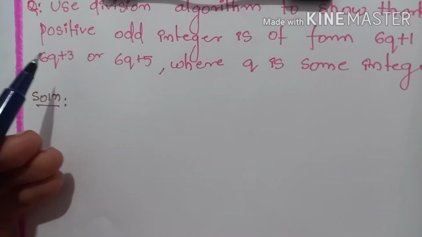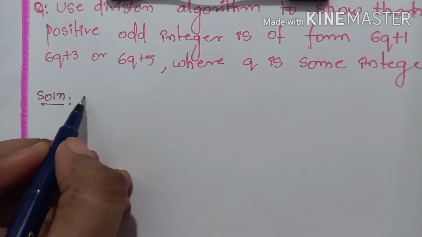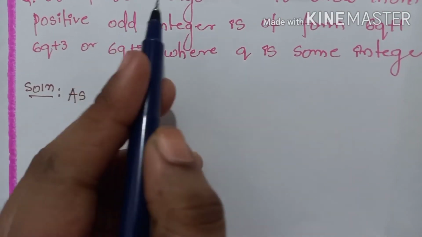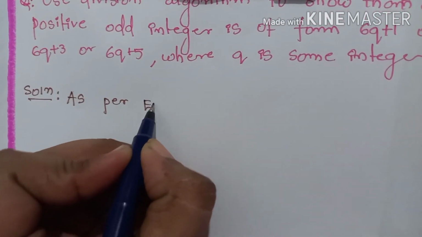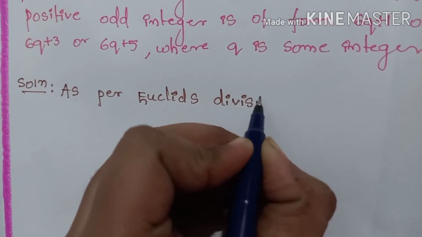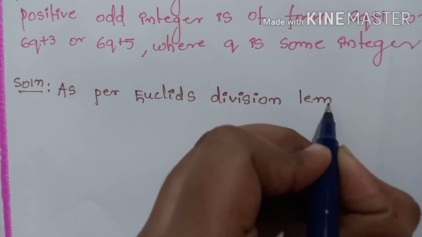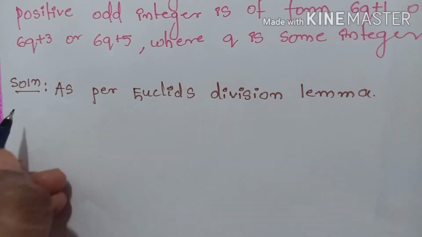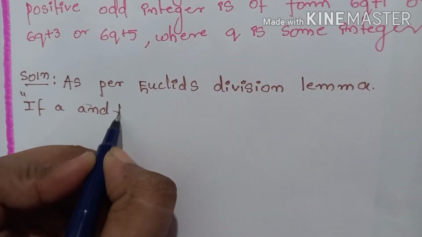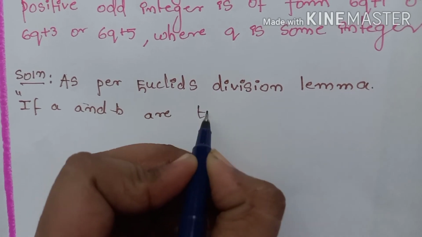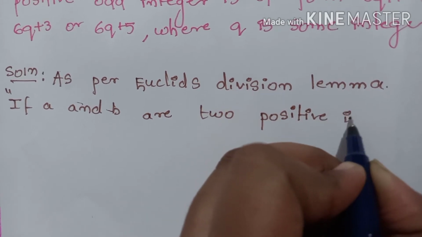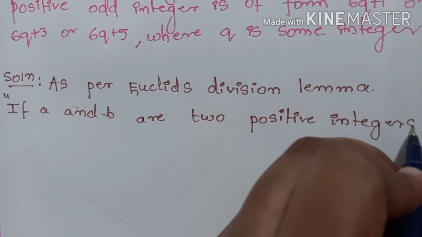This question is a little lengthy, but the solution is very easy. Now let's start solving. The division algorithm is also called Euclid's division lemma. As per Euclid's division lemma, if a and b are two positive integers,